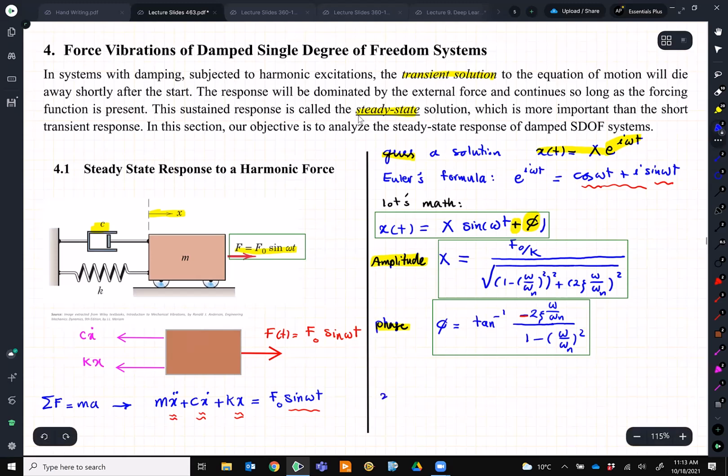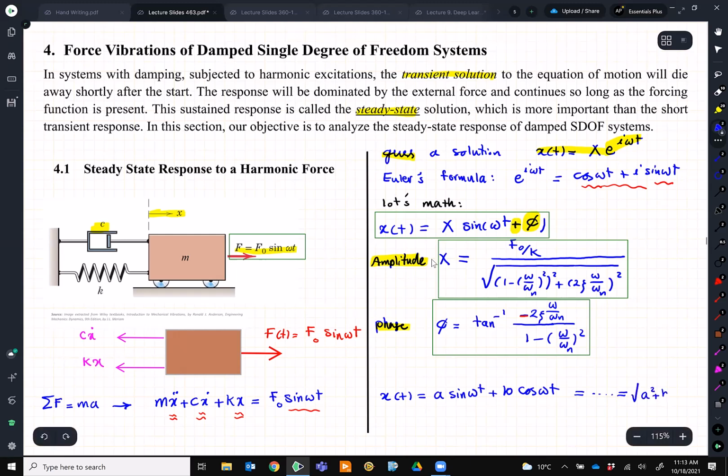You start with a guess answer, which is a sine omega t plus b cosine omega t. And that's also possible. You do all the math, and after that, you will get to a response,